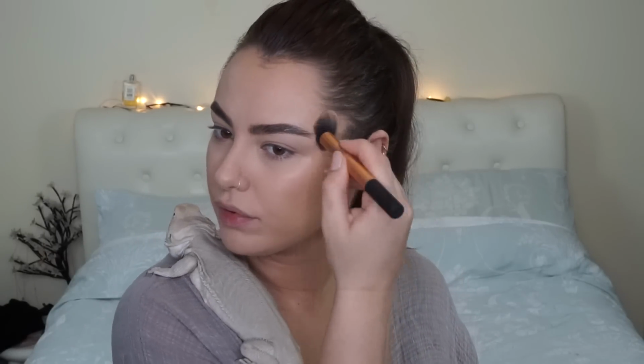So I don't know if you can see that there's a really nice sheen to the skin. This stuff is not sticky. It's just got a really beautiful tiny thin shimmer particle that doesn't show up as glitter. It just shows up as a really beautiful sheen to the skin. So I like popping this on first, and I will take it into my temples as well, because it says it's bronze and I guess it is a bronzy tone, but to me it's got a slight